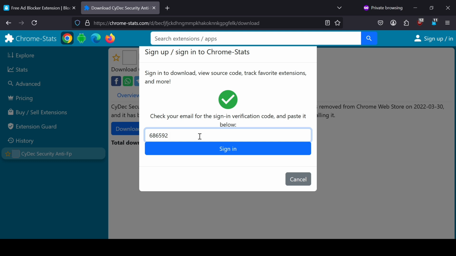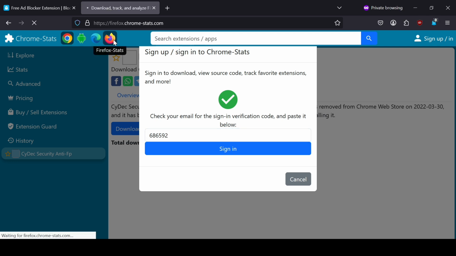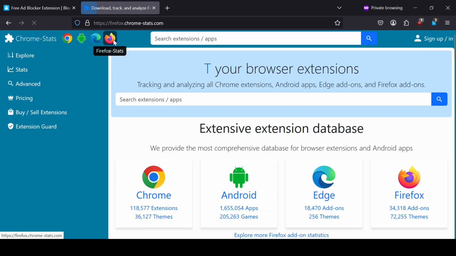So you see, this Codic mostly works on Chrome. It's Chrome stacks. You understand? Because this Codic, they have stopped it. I think the company have stopped it. But this stacks is particularly for Chrome, but I think that is still for Firefox. You come here, click on Firefox. Let's see.